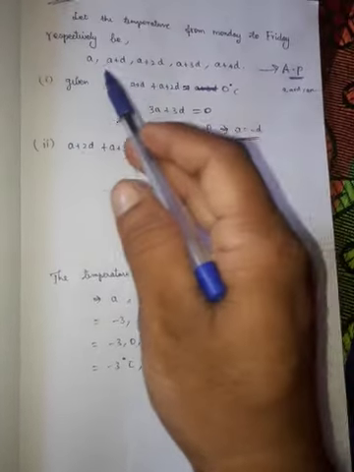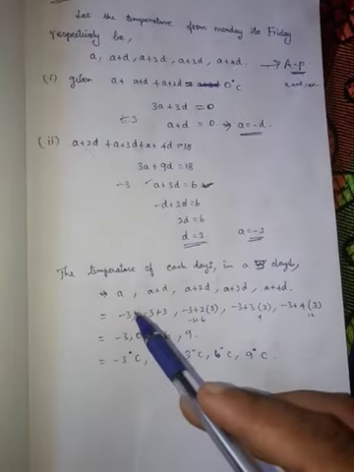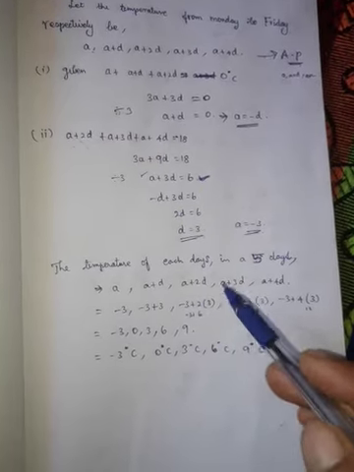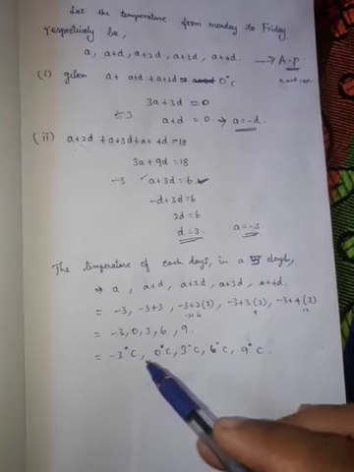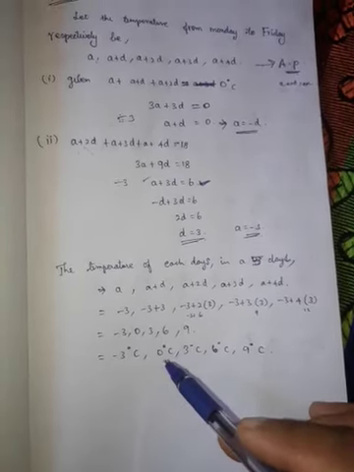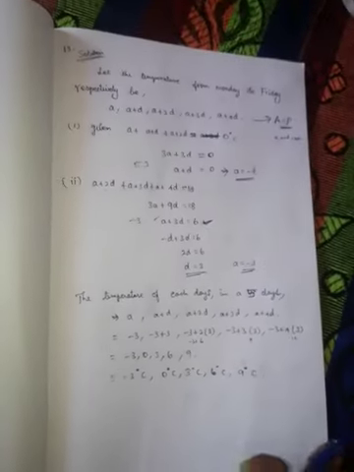Apply this to the 5 temperatures: a, a plus d, a plus 2d, a plus 3d, a plus 4d. If you apply this, we get minus 3 degree Celsius on Monday. The next day 0 degree Celsius. Next day meaning Tuesday, Wednesday, Thursday, Friday. Thank you, student.